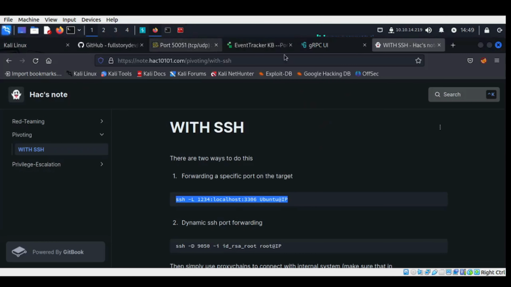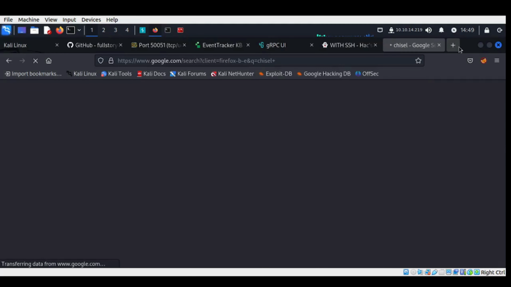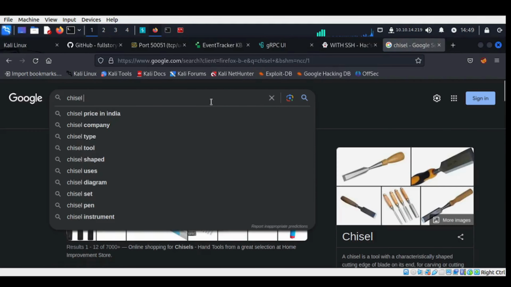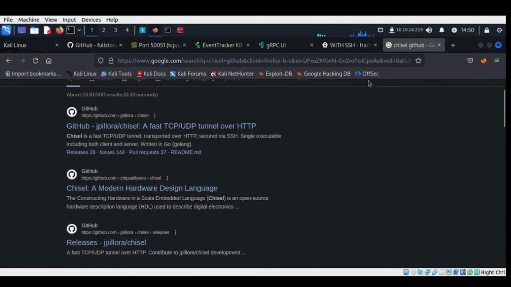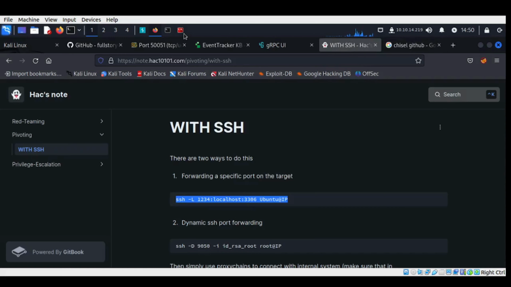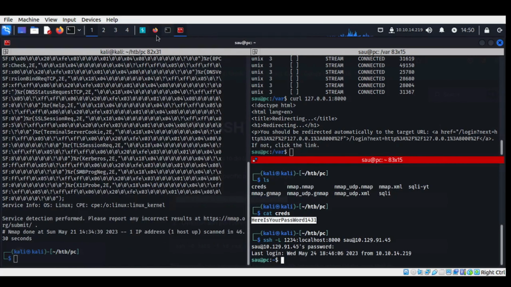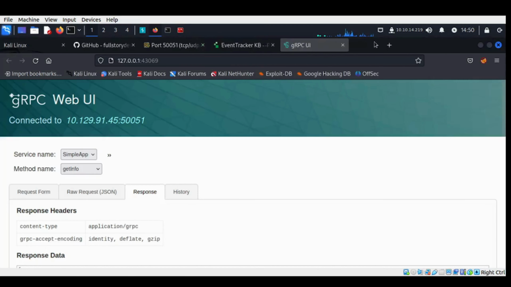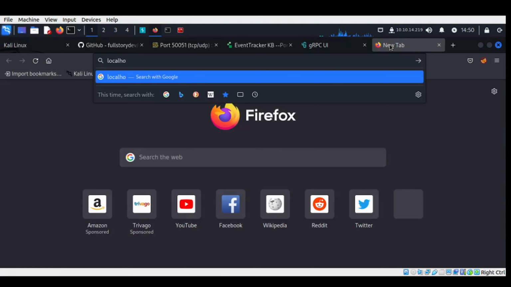Also, you can use a tool called Chisel if you want, but I don't see a use right now. It's on GitHub, I guess. You can use it for port forwarding and stuff, but right now I prefer the SSH one. So let me just go back to localhost, then 1234,